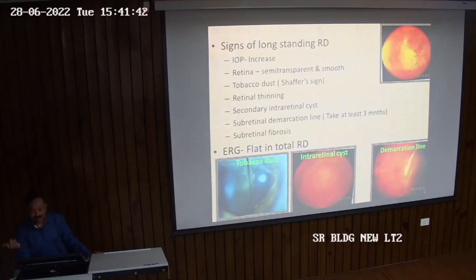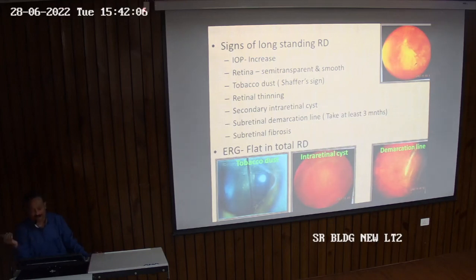What are the signs of long-standing RDs? The IOP will be increased, and the retina will become totally opaque or semi-transparent. There would be tobacco dustings in the vitreous and just behind the lens. There will be thinning of the retina in the periphery or in the center. There could be secondary changes in the retina in the form of cysts or neovascularization, or there will be